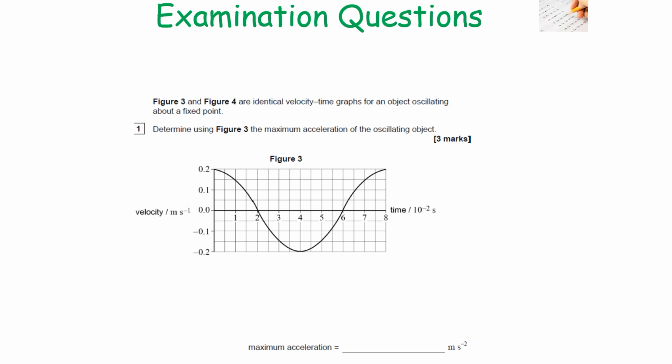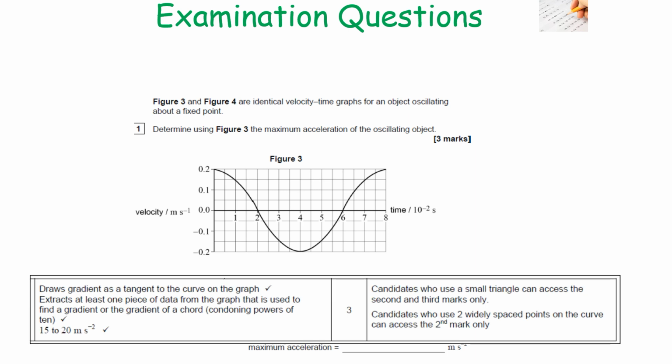Right, so how do you answer this question? Well, you've got to be aware that the gradient of a velocity time graph is the acceleration, but you've got a curve. So how can you work out the gradient of a curve? What you would do is draw a gradient by drawing a tangent to the curve on the graph. Then you can use the gradient of the tangent to work out your acceleration. Now, you want the maximum acceleration, so you're looking at where the gradient is the highest, so where the line is at its steepest, and you should be getting an answer between 15 and 20